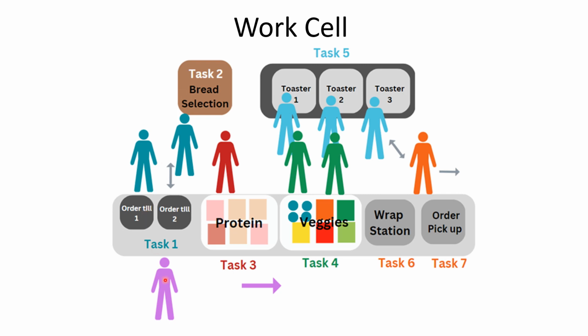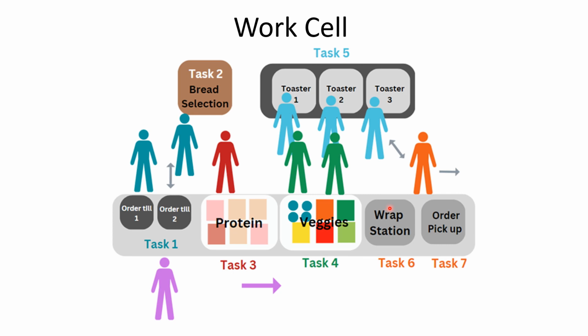We get our customer here, we get the order person here. They're grabbing the bread and giving it to the protein person. That's our third task. And then we have our task 4 and 5 here. These two people are helping with task 4. They're putting on the veggies and sauces. Then we have 3 different people on our toasters. And when they put something in the toaster, they know they have 145 seconds, so they can run to the